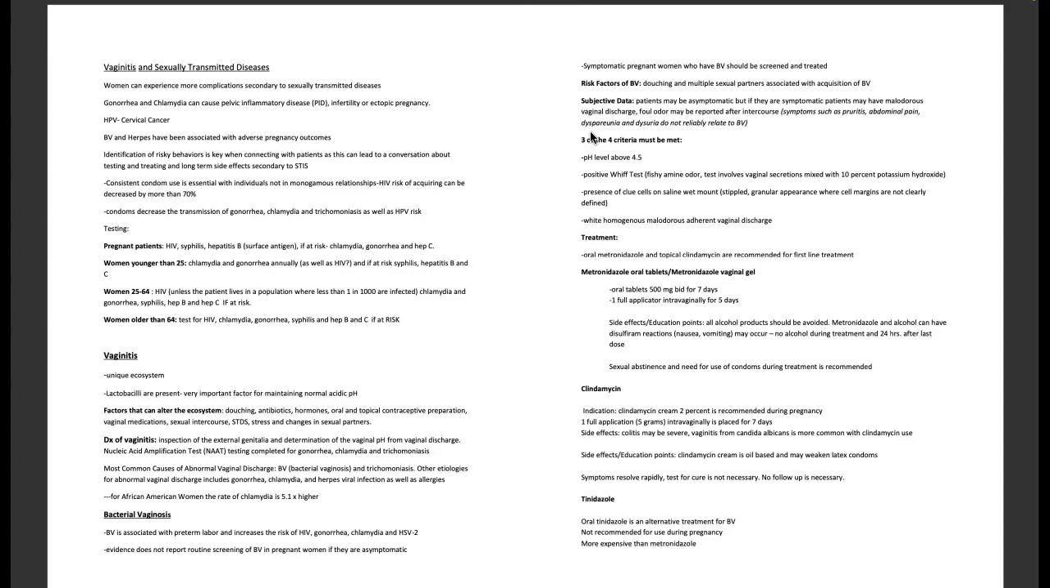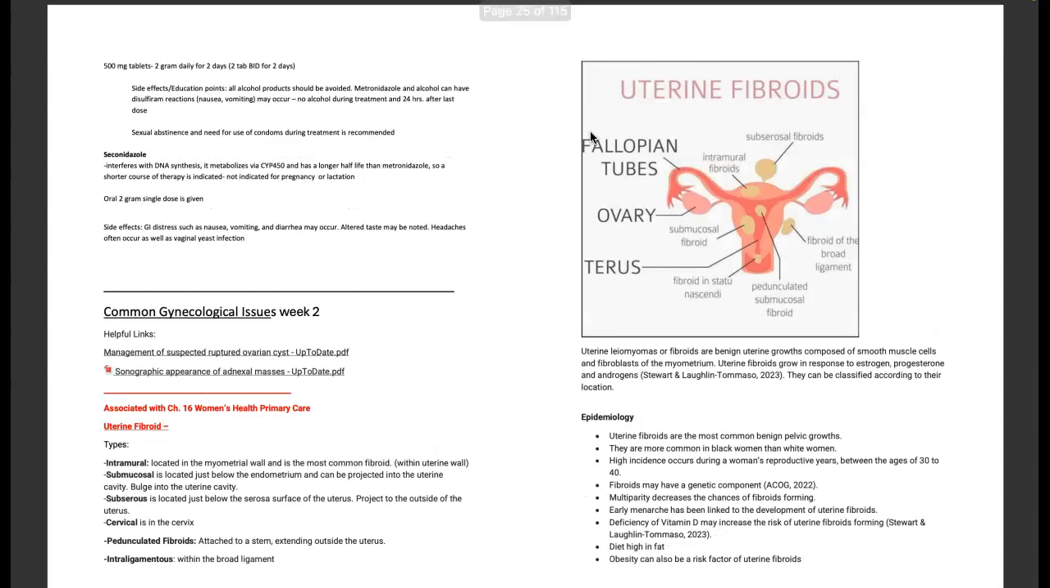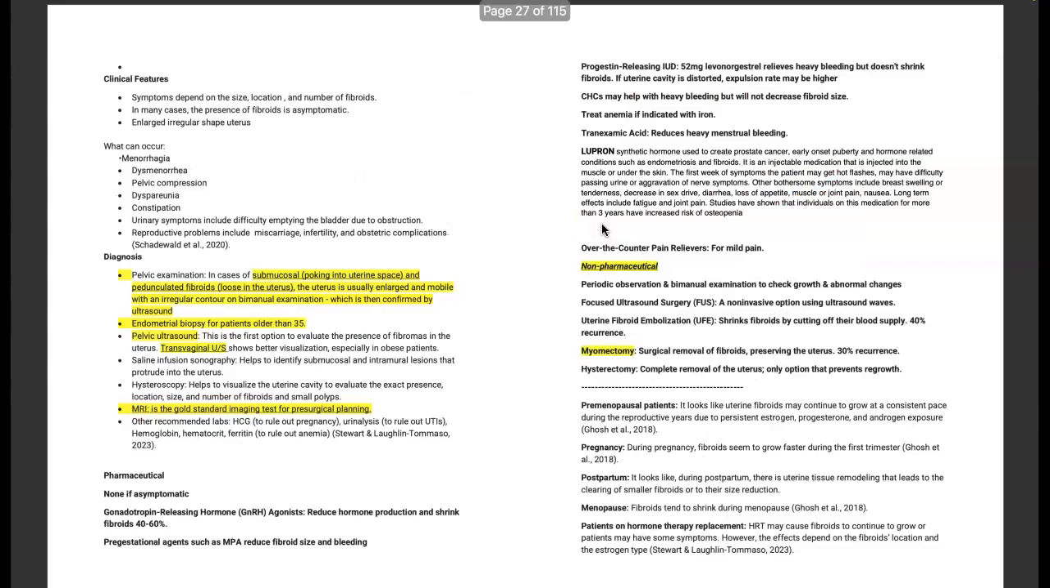And then now we're into STIs and sexually transmitted diseases such as vaginitis, and I concluded the signs, symptoms, risk factors for that and the treatment plan. And then we went on to common gynecological issues, which was week 2, and I started in with uterine fibroids and included a picture here of where fibroids are and their subtypes, so I can be able to use that as a clinical reference. I went through the symptoms, diagnostics, pharmaceuticals,